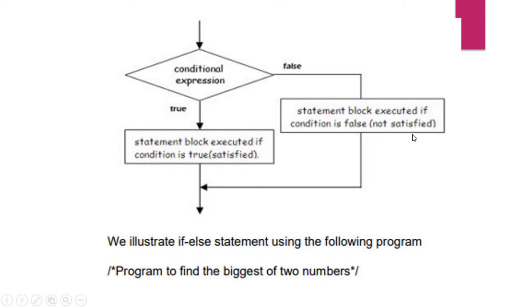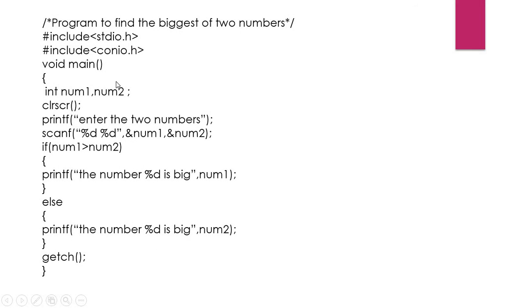This is a simple program finding which number is larger among two numbers. This is a simple code for it. It allows the user to enter two different numbers, which get stored in the input variables. Then the condition is there. If the condition is true, it will print that the number is larger. Otherwise, it will go for the else statement.